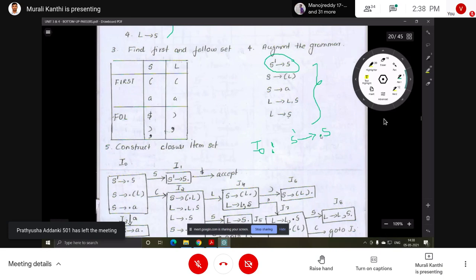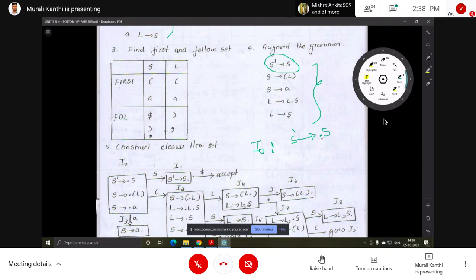After dot S, if it is a non-terminal, add that non-terminal's productions to this set by placing a dot at the right-hand side. So now here after dot, S is a non-terminal. S productions: S implies this one, this is one production and this is another production.